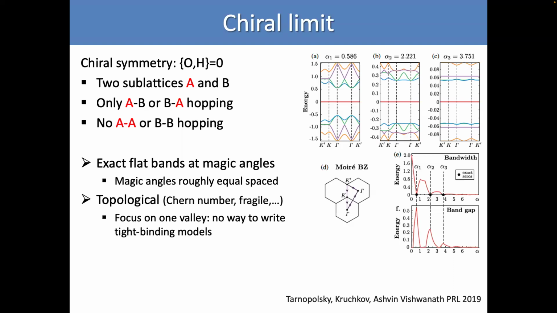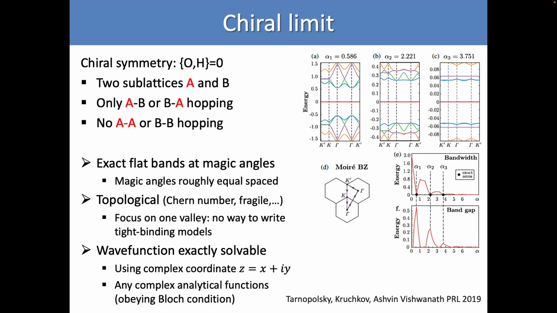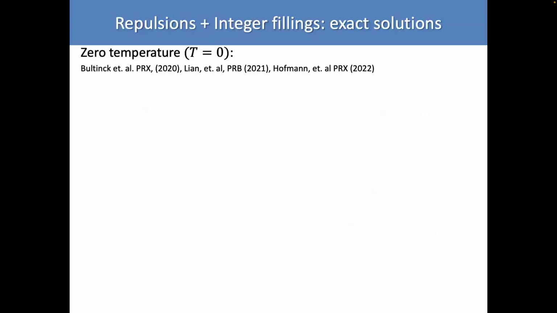It's just energy equals 0, independent of k. And this flat band is also topological. It carries a Chern number, and it's also a fragile topological band. And on top of that, the quantum wave function can also be solved analytically. It's just some complex analytic function of x plus iy, where xy is our 2D coordinate. Okay? And more importantly, even after we turn on interactions, the exact solutions still